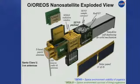The workhorse radio is what's called S-band, and it actually uses the very same Wi-Fi that if you're connecting with your laptop to the Wi-Fi network here you're using. It's got a little bit more power, though surprisingly not that much more. And that's what lets us send down the data and actually send commands back up to the satellite and control them. And this antenna has to be pointed approximately in the direction of the Earth so that it can communicate